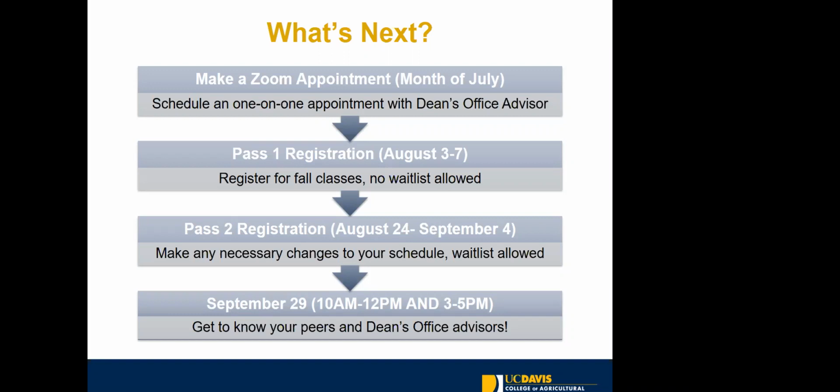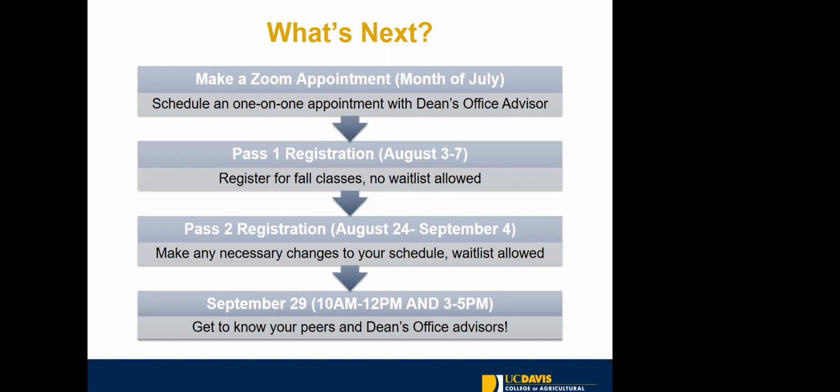So you want to make sure that you don't wait list for all of your classes. The most important thing is getting into the classes that you need, and they might not be ideal timing. So you might have those 8 o'clock Monday, Wednesday, Friday classes. But the most important thing is really focusing on that balanced schedule and making sure that you get into the classes that you need. And then during that pass two time, which starts August 24th through September 4th, I know